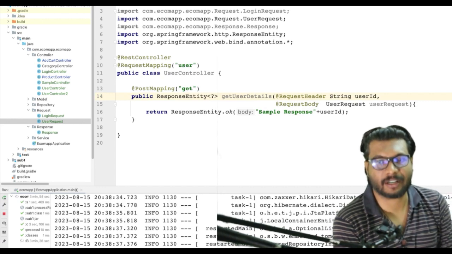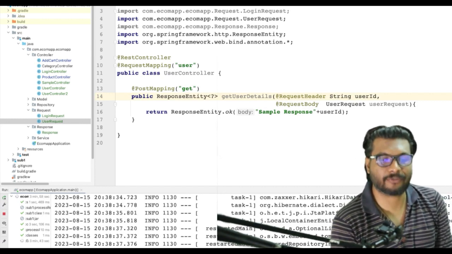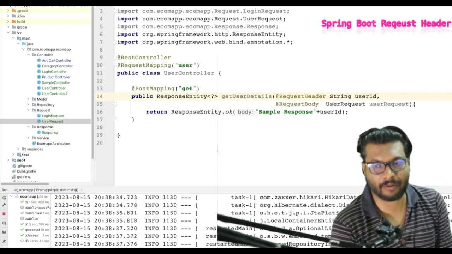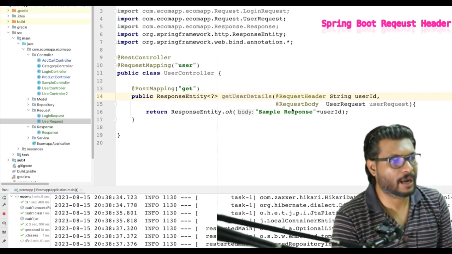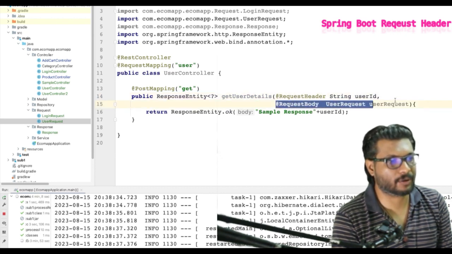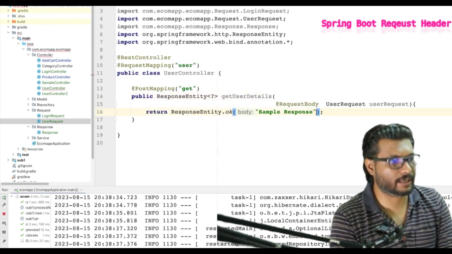We are going to see what HTTP headers are and how we can send them from the client, and if the client is sending an HTTP header, how we can receive it in a Spring Boot application. So here I have a simple post mapping and some method, and inside this method I have a request body. We all know what a request body is, which we saw in the previous